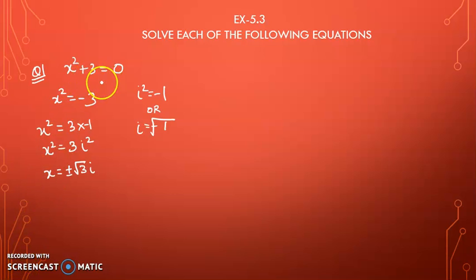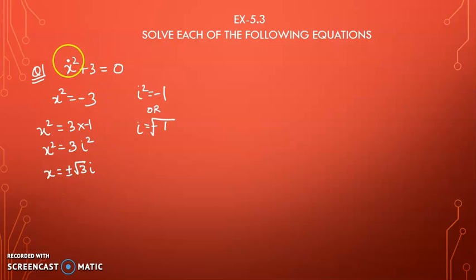So in this type of equation, I have to simply solve. This exercise is the easiest exercise. Okay, so x square plus 3 is equal to 0. Take this plus 3 on the right side, this will be minus. So you can rewrite this as x square is equal to 3 into minus 1. So what is the value of minus 1? i square. So when you are taking the square root on both sides, the square will vanish. So x is equal to plus minus root 3 i.